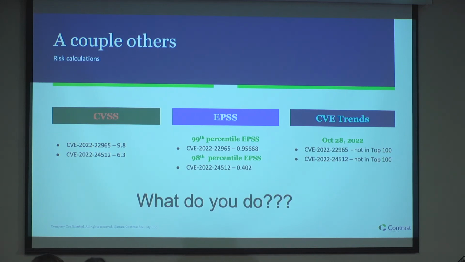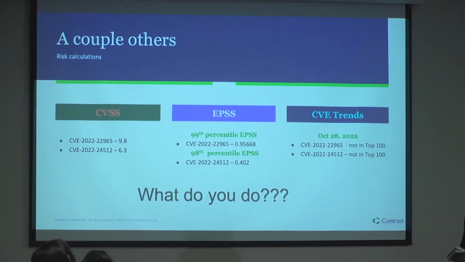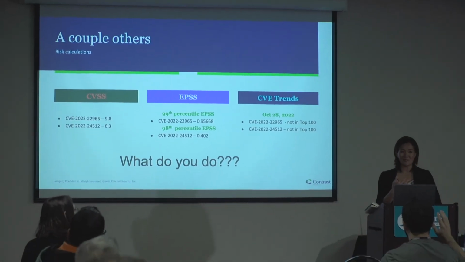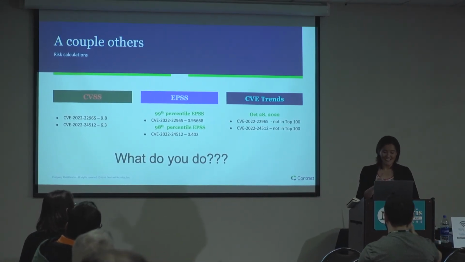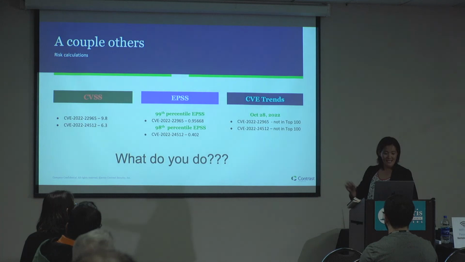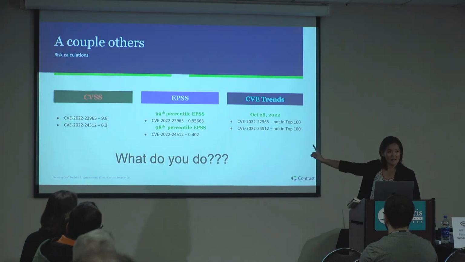And what would you do? Somebody like me, I would see a 6.3, and the old me would have been like, oh, it's just a 6.3, it's totally fine. But the new me, the smarter me, the wiser me, since I'm attending this, now I'm going to contextualize that data and understand the exploitability of it, and now I'm going to go fix it. Yes, question?